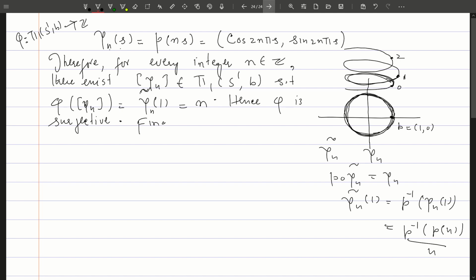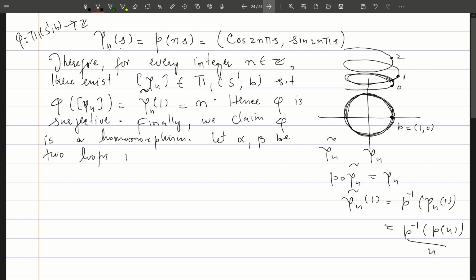So finally, we claim phi is a homomorphism. Now for that, let us pick two loops. So let alpha and beta be two loops in S1 based at point B,